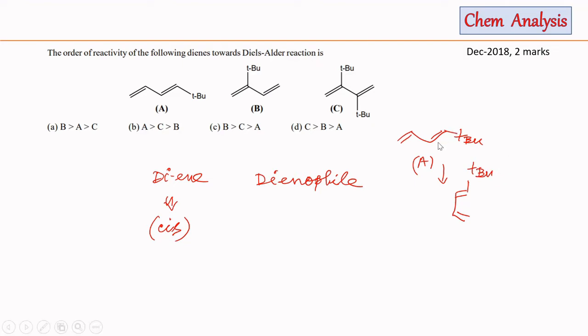Since this tert-butyl group and this carbon-carbon single bond are in trans orientation, in the product they will also be in trans orientation. And if we draw this B diene in the cis conformation,